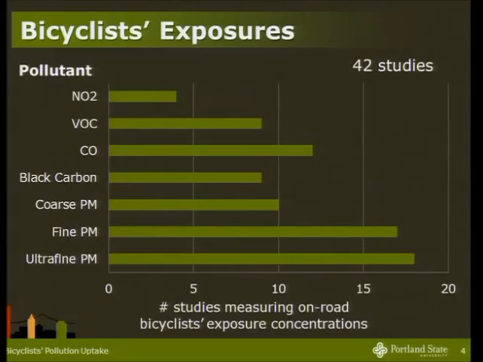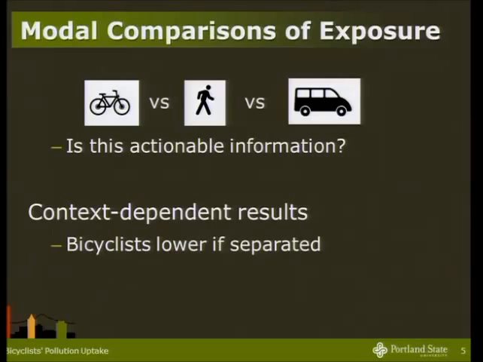So here are a number of different pollutants that have been measured. I'll call your attention to VOCs, or volatile organic compounds, which is actually a whole class of compounds that we call VOCs. They're traffic-related, but they're also related to industrial sources as well. Carbon monoxide, CO, that's another one we're going to be talking about. That's strongly traffic-related. And then you have several different types of particulate matter, or PM. So you have PM classified by size, as well as black carbon, which is classified by type. It's essentially soot. So there have been a number of different pollutants studied in terms of bicyclist exposure concentrations.